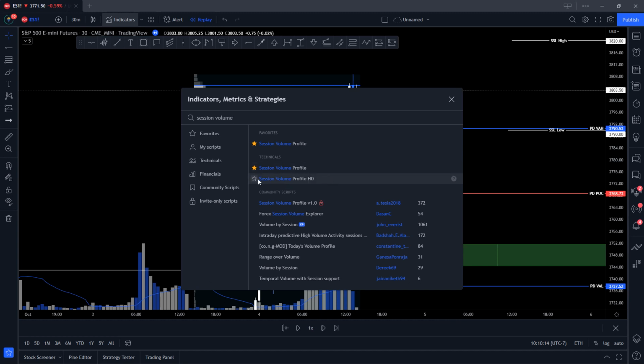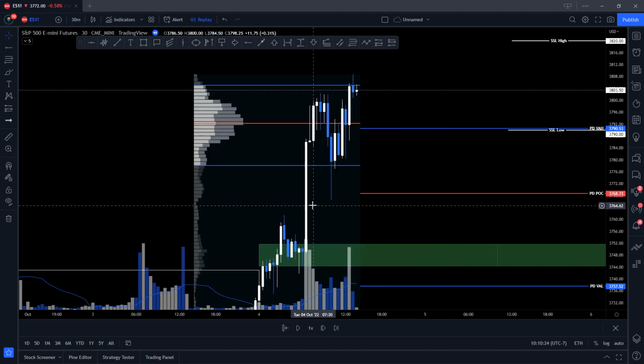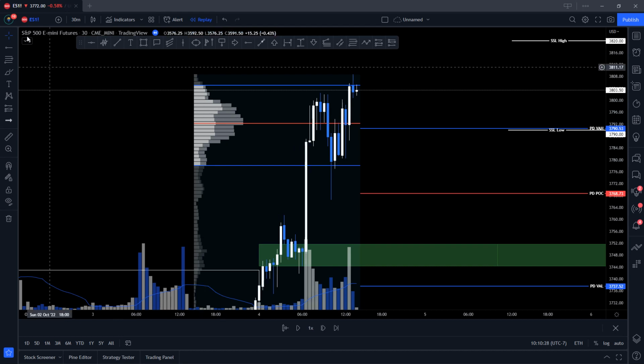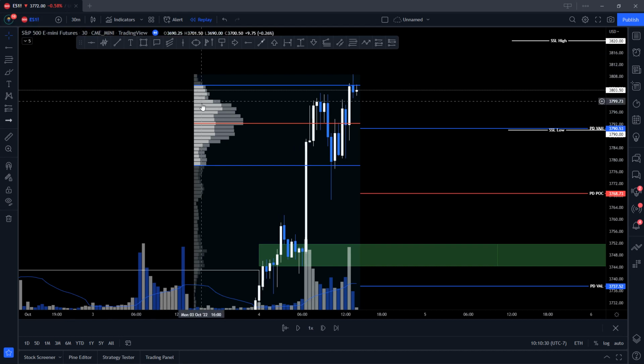We do not want to use the session volume profile HD, so don't get that mixed up. We want session volume profile. There's a very big difference between these two. So once you have your paid account with live data